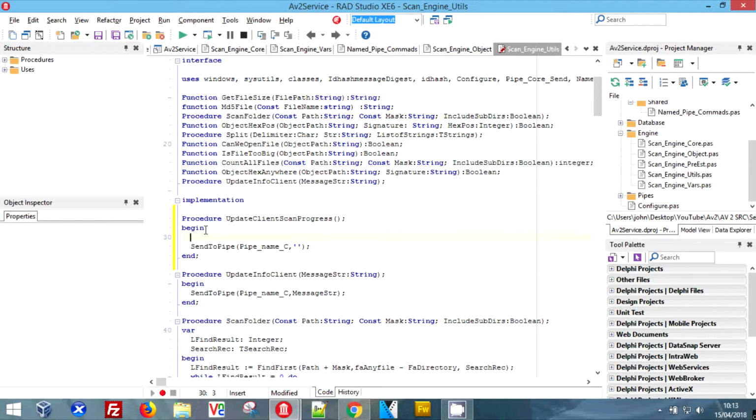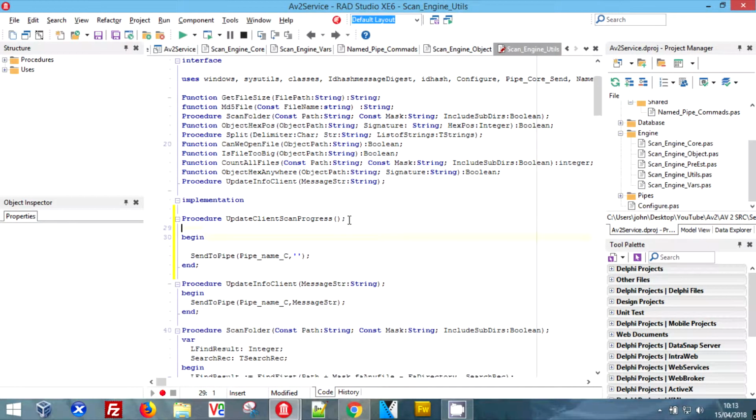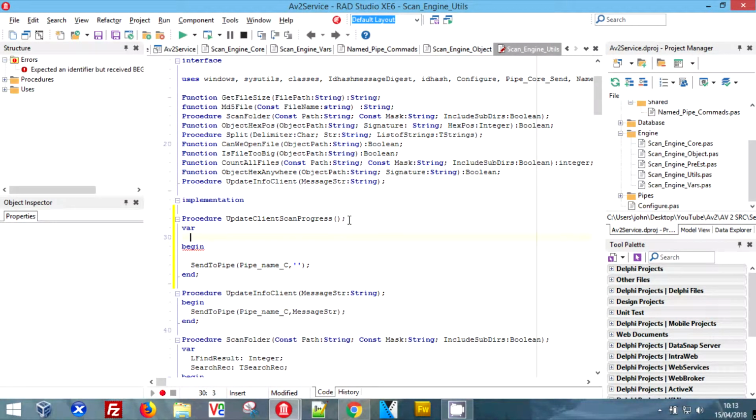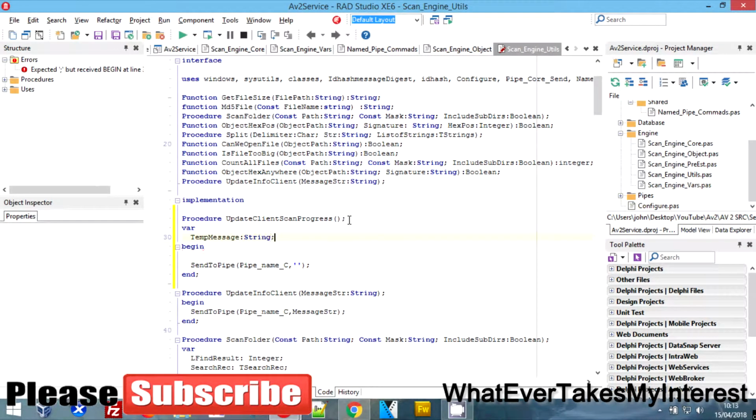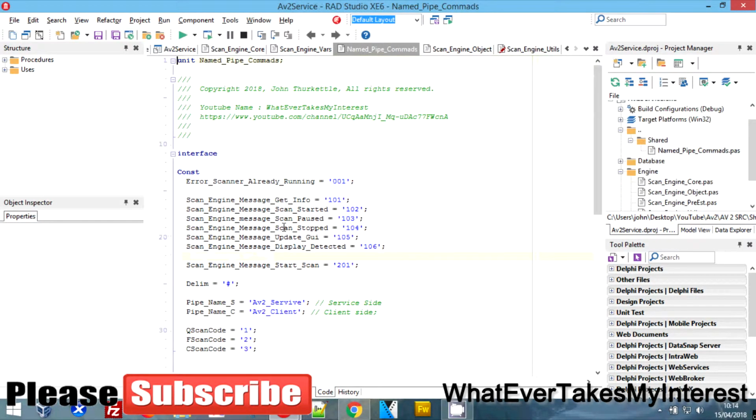So first of all, we need to declare a var, and we need ourselves a temporary message, which is actually just going to be a string. A Unicode string, to be precise. And we're going to stick our temporary message here. What we're going to do is construct in the function the message we want to send. So if we come over to our named pipe commands,